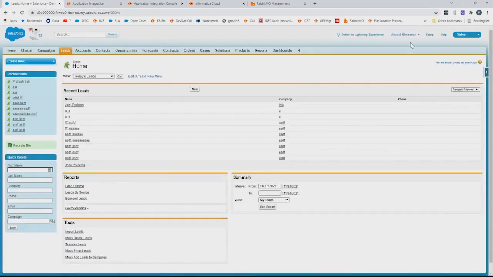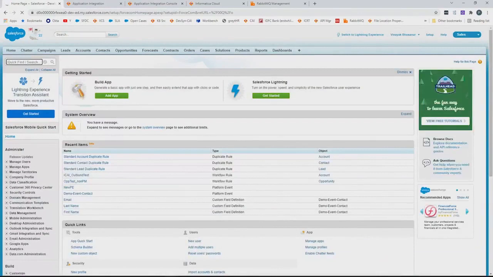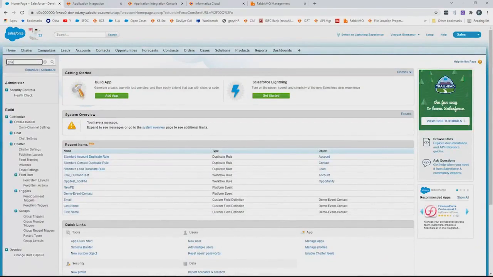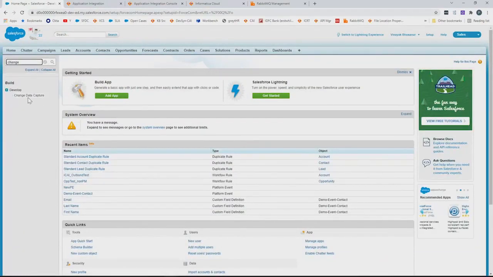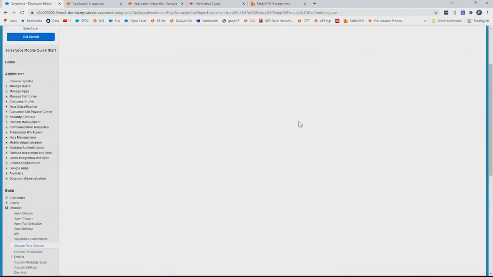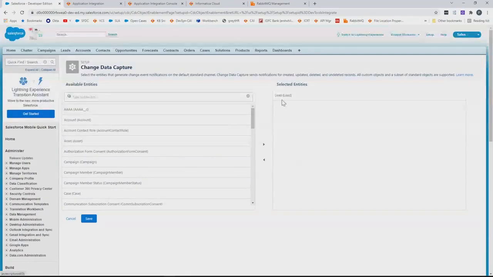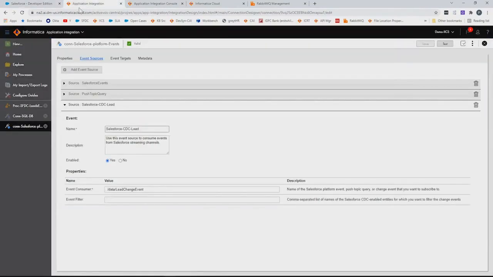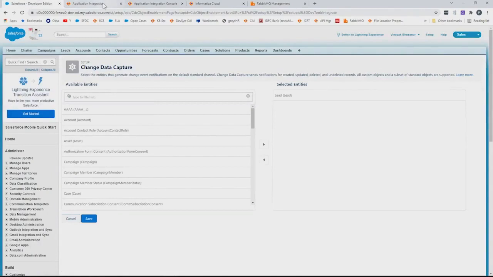On the Salesforce side, you must enable the CDC by clicking on Quick Find and searching for change data capture. Here we have enabled the change data capture for the lead object alone for the purpose of this demo. So these are the changes that are needed from the Salesforce side.